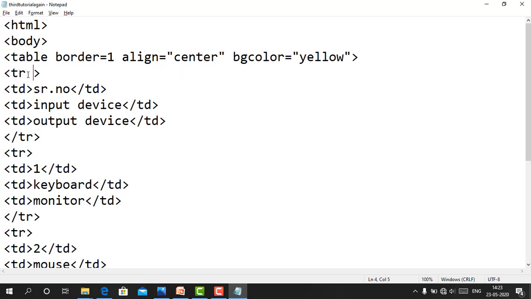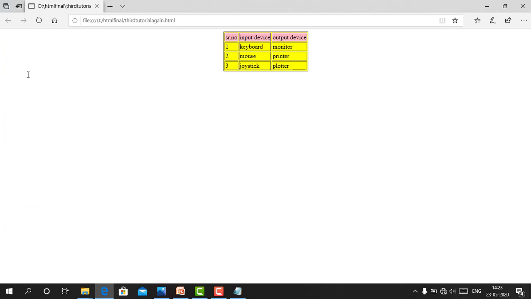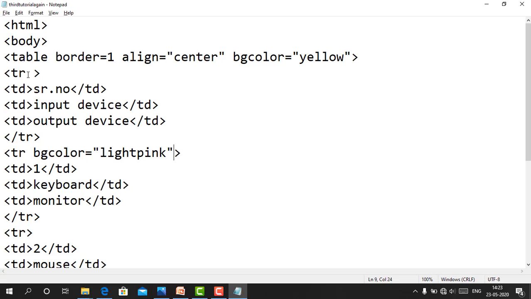So Control X. Second row, Control S, F5. Okay, second row as the light blue. Second row as the light blue.